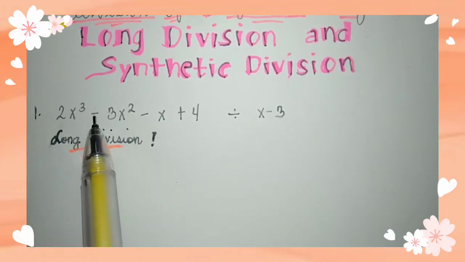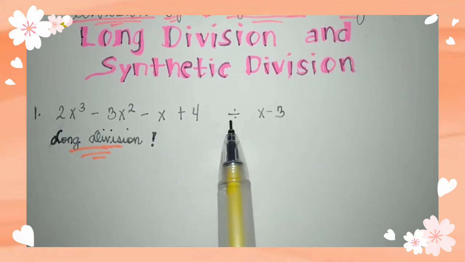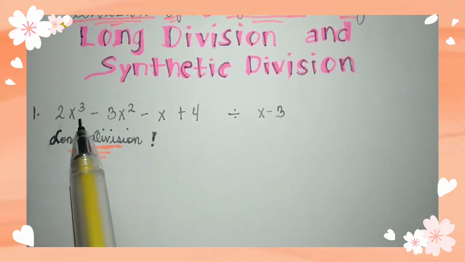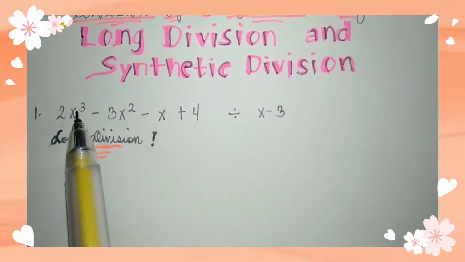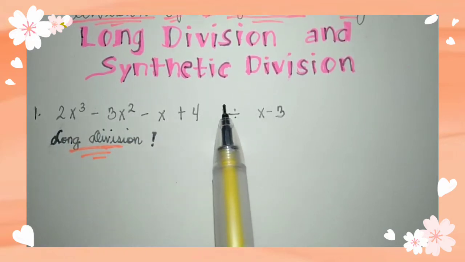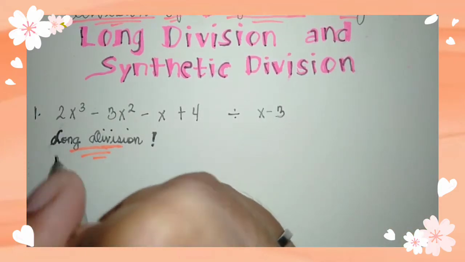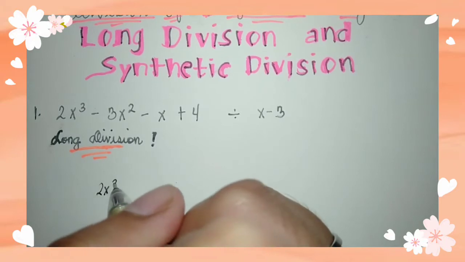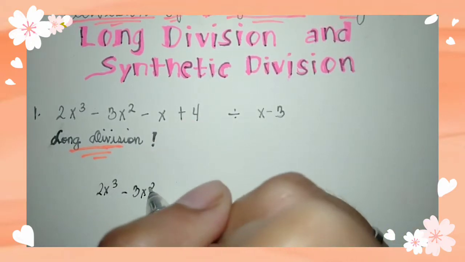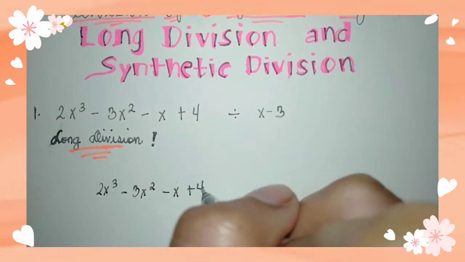We have 2x cubed minus 3x squared minus x plus 4 divided by x minus 3. Remember, when you are going to divide polynomials, kailangan kumpleto yung degree niya from highest to lowest. Like for example, we have 3, 2, 1, 0. So, dapat ganun yung setup. Later on, magbibigay ako ng example kung saan hindi siya kumpleto yung degree kung anong gagawin natin doon. So, we have to divide 2x cubed minus 3x squared minus x plus 4